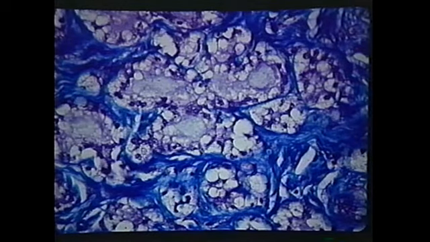Histologically, in these cases of fibroadenoma in rats, there's a very prominent collagenous tissue component, and also normally the acinar structures are lined by relatively well differentiated epithelial cells, as we see in this